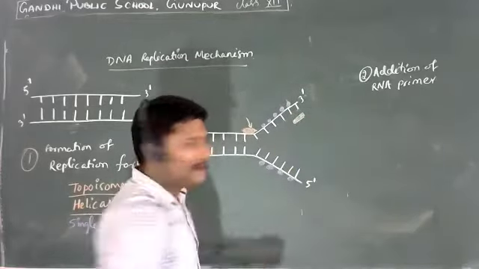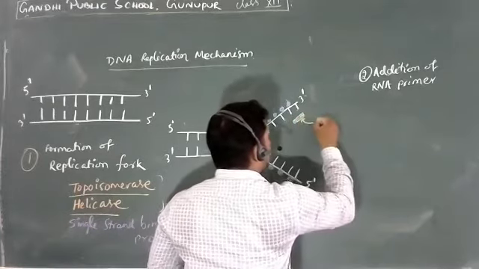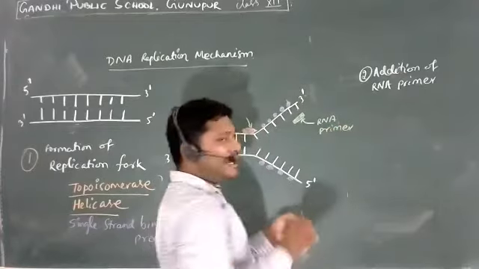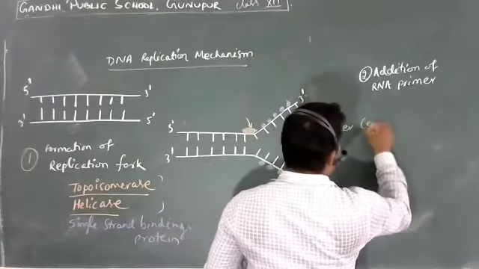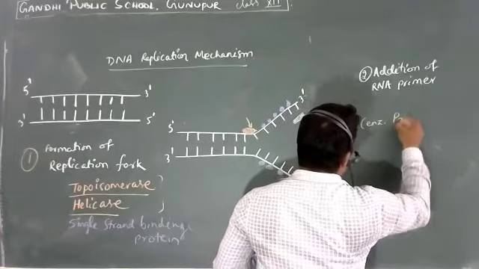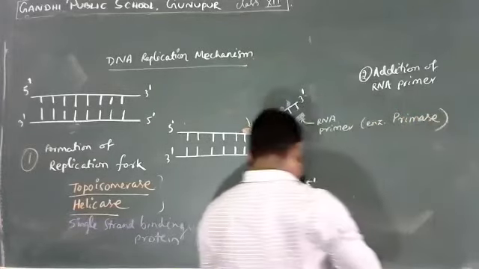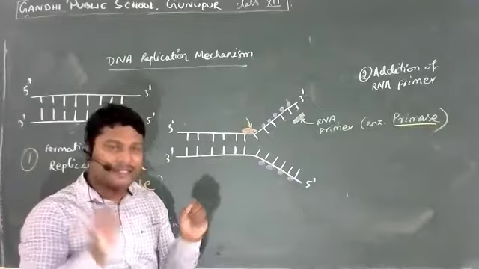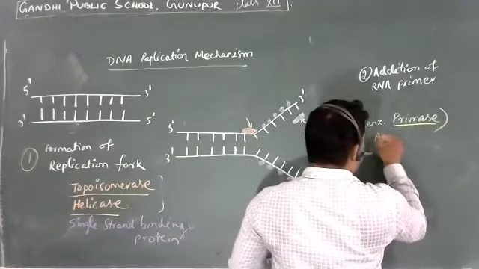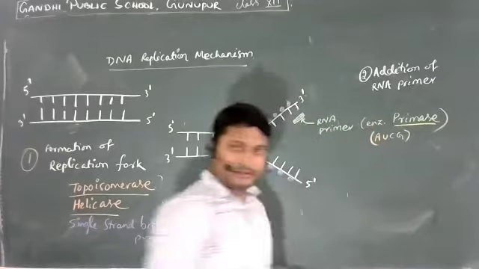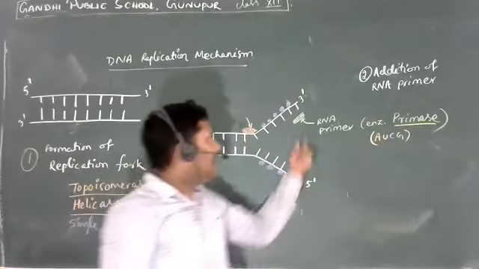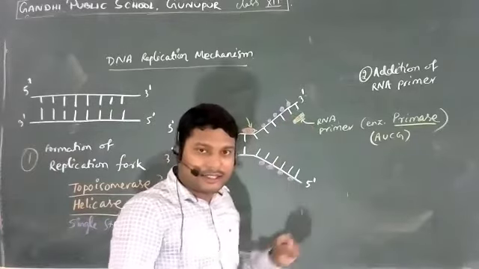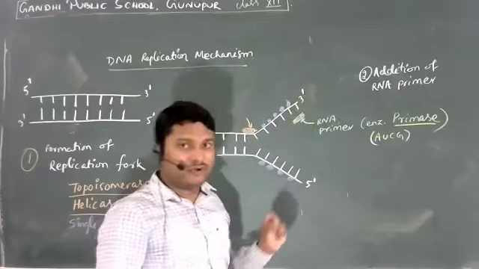So this green one here is the RNA primer, and this is added with the help of an enzyme. The enzyme involved is called the primase. So this primase actually comes and adds an RNA primer with the AUCG components, not ATCG, and it is going to add a small RNA primer at one end of the DNA when it is opened. 3' end it is going to place.